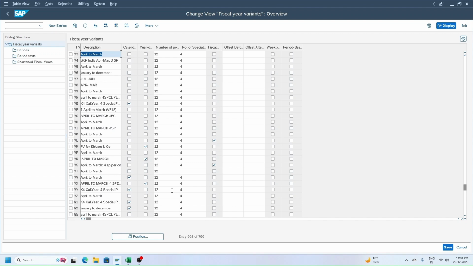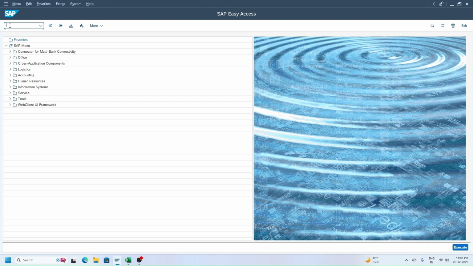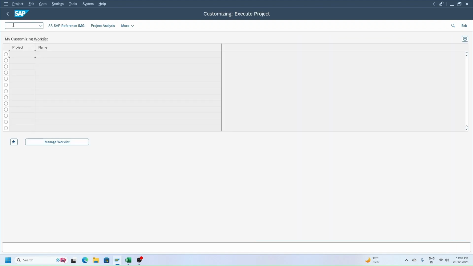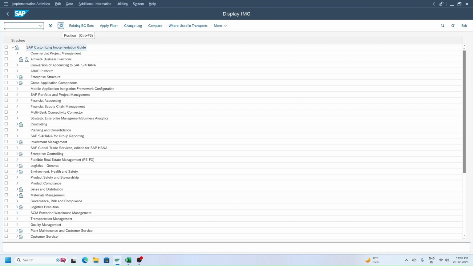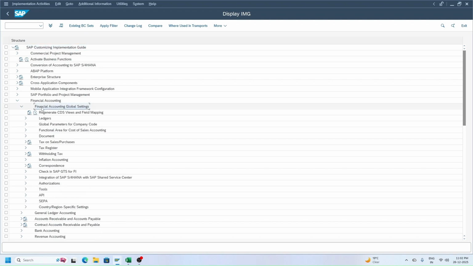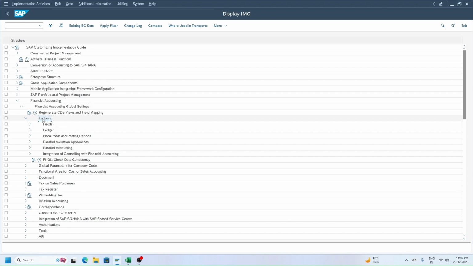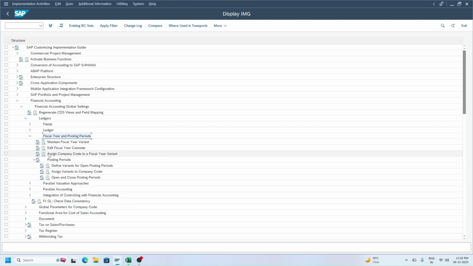Next is assign company code to fiscal year variant. T code is OB37 and path is SPRO, SAP reference IMG, financial accounting global settings, ledger, financial year and posting period, and assign company code to fiscal year variant.